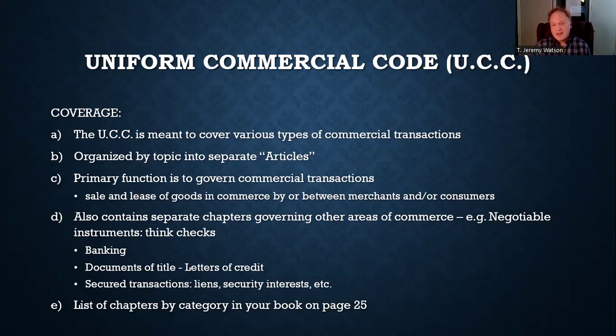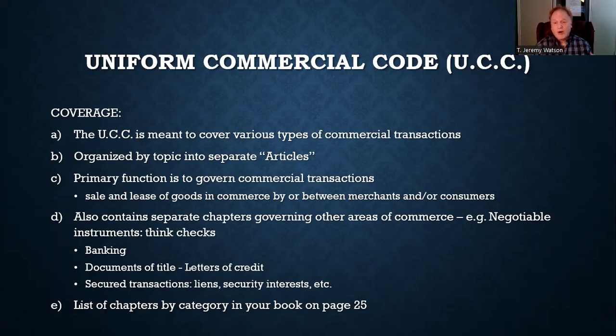But sales isn't the only thing that the UCC governs. If you want to take a look at page, I think it's 35 in your book, there's a list of categories of things that the other articles cover. They cover things like negotiable instruments. What is a negotiable instrument? Well, those are things like checks and bonds, maybe even CDs, those kind of things. An instrument is a document that represents value, and negotiable means that you can trade it, that it's something that you can freely trade. So is an IOU a negotiable instrument? Probably not formal enough, right?